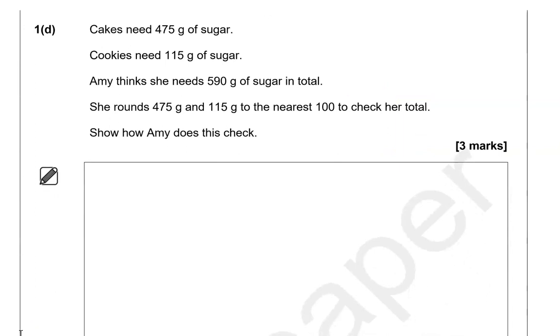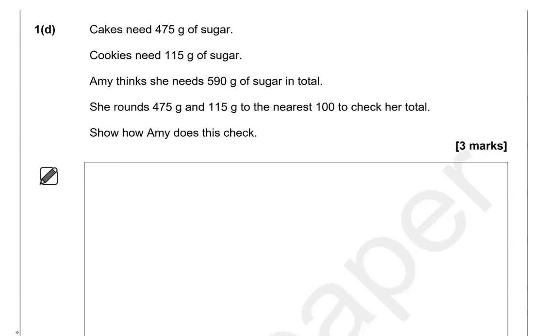Cakes need 475 grams of sugar. Cookies need 115 grams of sugar. Amy thinks she needs 590 grams of sugar in total. She rounds 475 grams and 115 grams to the nearest 100 to check her total. Show how Amy does this check. So